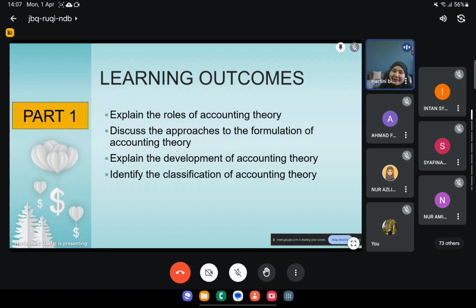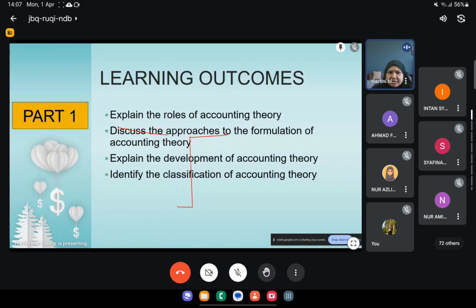But you may get it wrong. Accounting theory actually proved to have a lot of contribution or significant influence on the development of an accountant, especially in terms of his or her career. Next we are going to look at the two approaches that we have